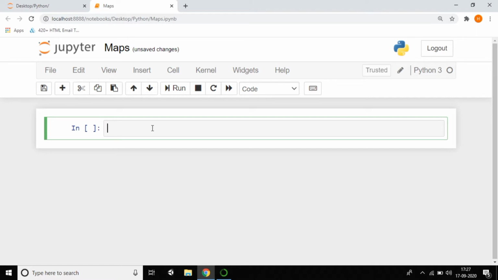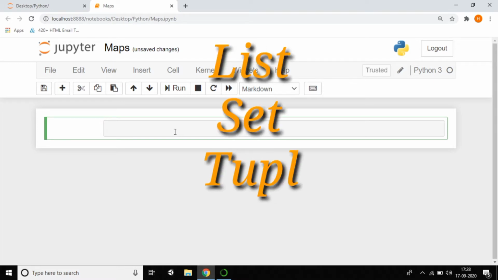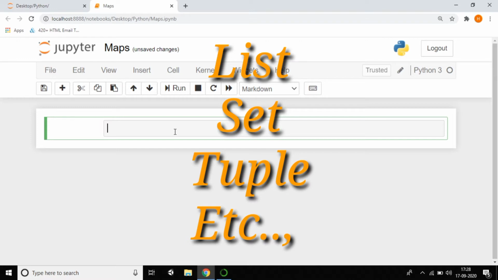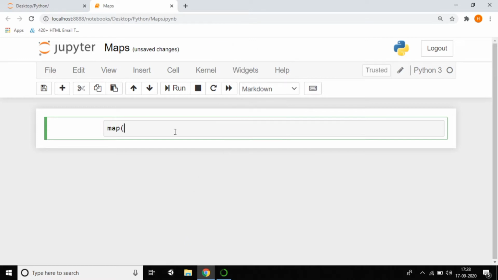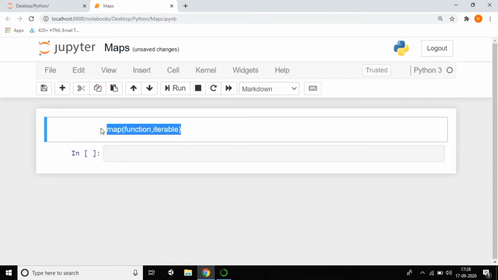No problem if you don't understand, I'll give a clear definition by using the syntax. I explained that it gives the output based on the given function applied to each item in a given iterable. Here iterable means list, tuple, set, dictionary, etc. So I'll write the syntax. It gives the output based on the function we use, as well as the iterable. So this is the syntax of map, and this is the definition of map. Based on the definition we designed the syntax.